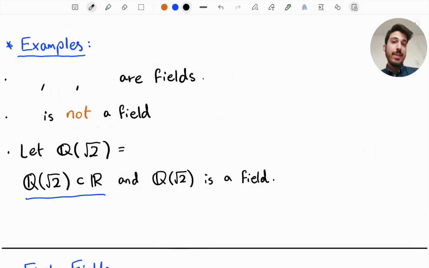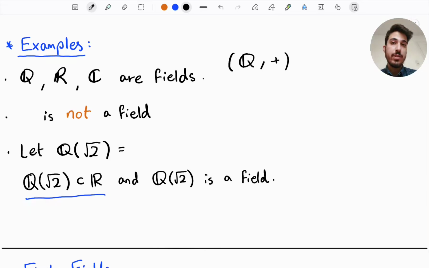Now that we have defined a field, let's have a look at some examples. The most basic examples are the set of rational numbers, the set of real numbers, and the set of complex numbers, which are all fields with the usual addition and multiplication. For example, Q is a field because with addition, (Q, +) is an abelian group. It's an abelian group because it is associative, commutative, there is an identity element which is 0, and